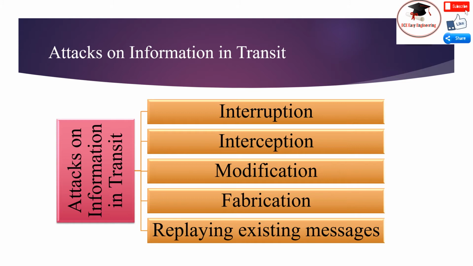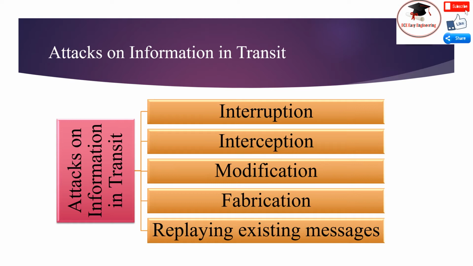Modification. An unauthorized party not only accesses the data but also tampers with it. This threatens message integrity. The main purpose is to confuse or mislead the parties involved in the communication protocol. This is usually aimed at the network layer and the application layer because of the richer semantics of these layers.